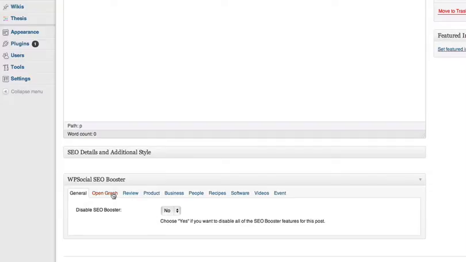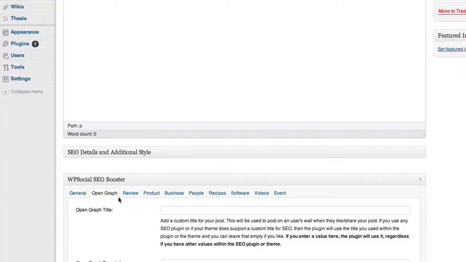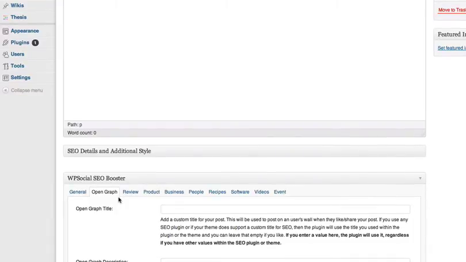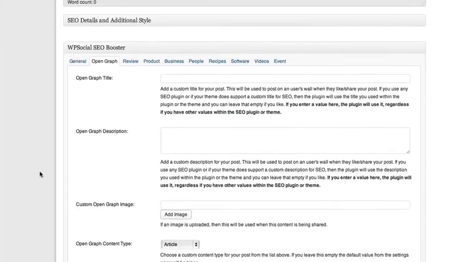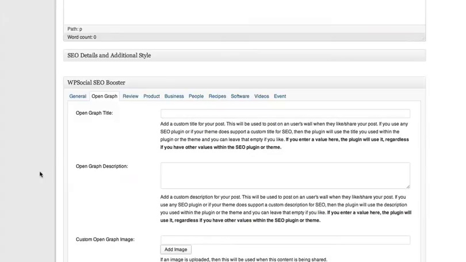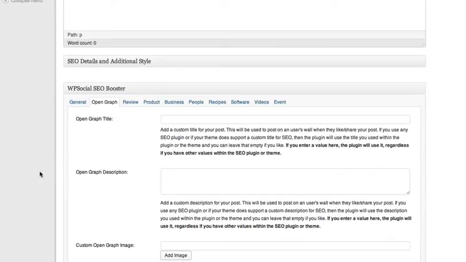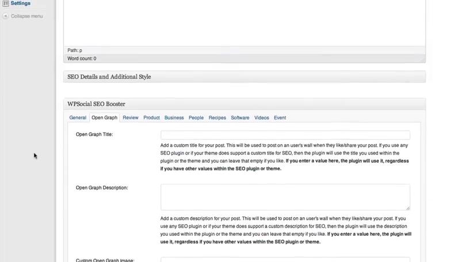but if for some reason you do want to disable it for this particular post, you can. Now Open Graph is for Facebook mostly, and since we're not talking specifically about Facebook right now, but rather schema markups, we will leave this one alone, and we will do another video on how to mark up your content for Facebook. And by the way, it is being read by other social media platforms like Pinterest, and I've heard even Google dabs into it sometimes and pulls the information, so it's always good to fill that out,